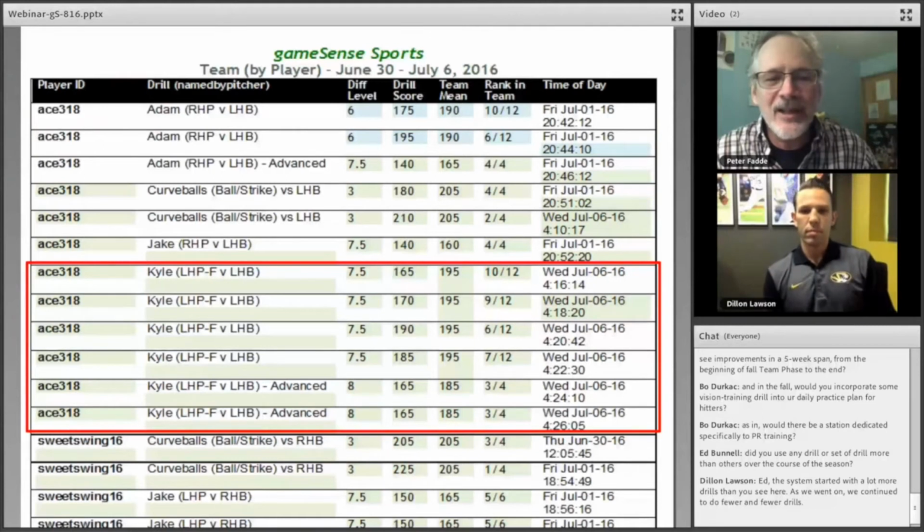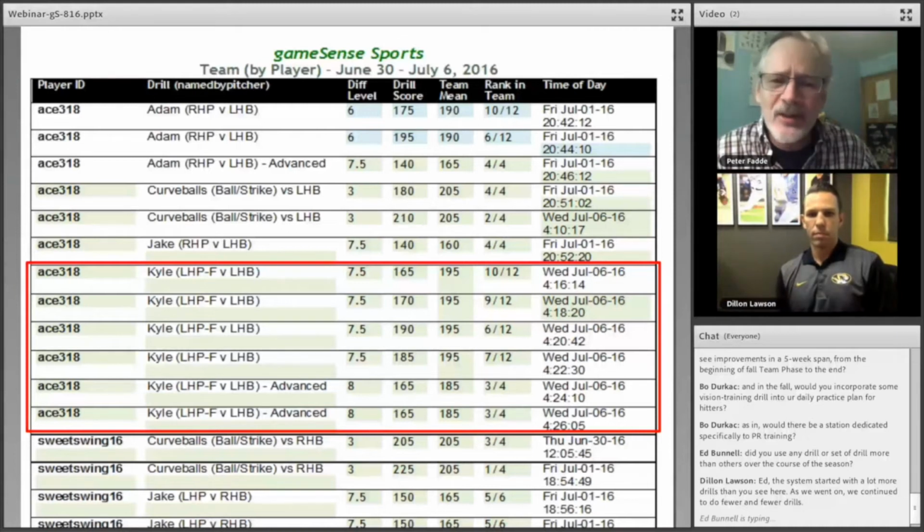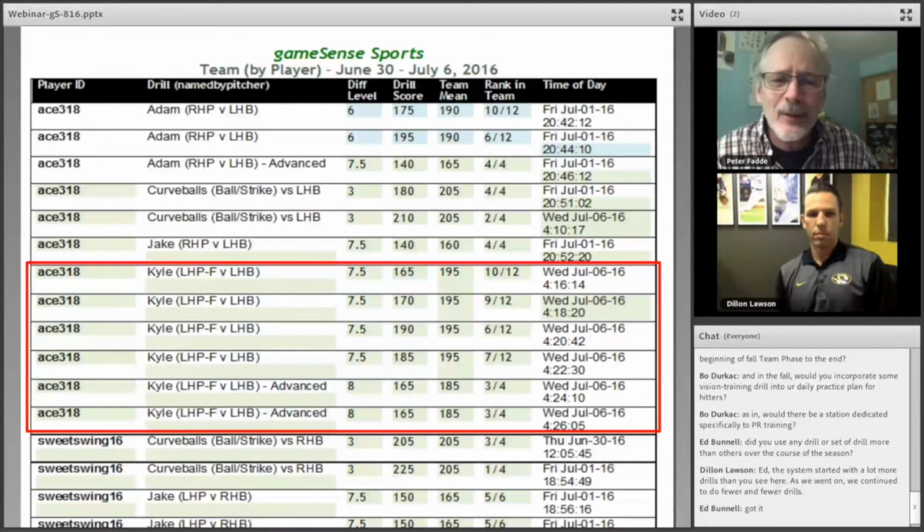And then he spends his whole session on one pitcher. It's Kyle. This Kyle is a pretty tough pitcher. In fact, the guy who's the model for that signed away from the Frontier League to the Dodgers organization about a month ago. So you can see, he's got a little higher difficulty rating. Here's the guy working on him. And so the coach looks at this, and you can see that your guy's staying after him. He's going to master it.